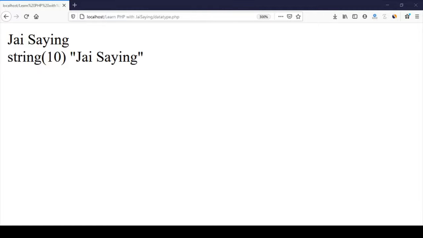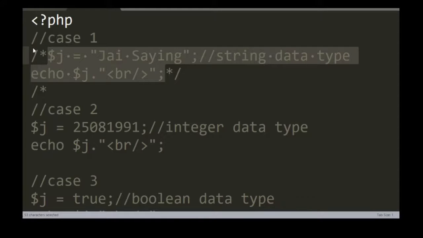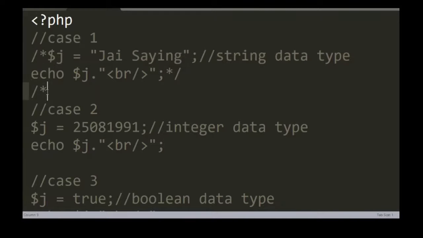Okay, so now I'm going to execute the second case. What is the second case? The second case will be integer data type. So now I'm going to comment this one, and I'm opening this one.